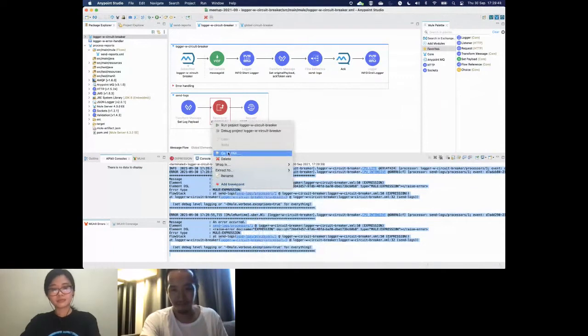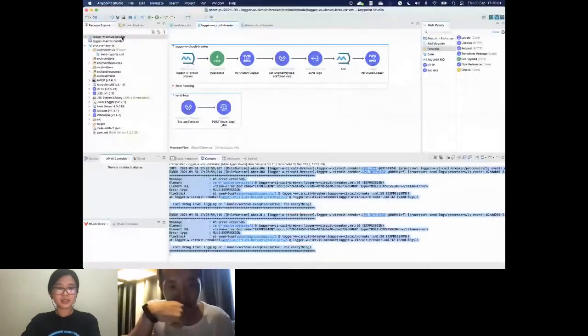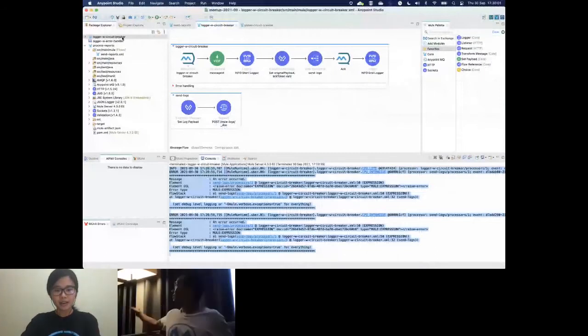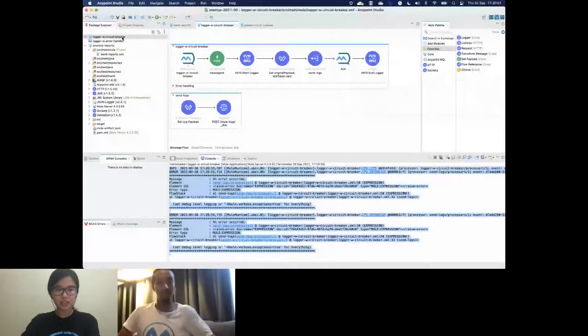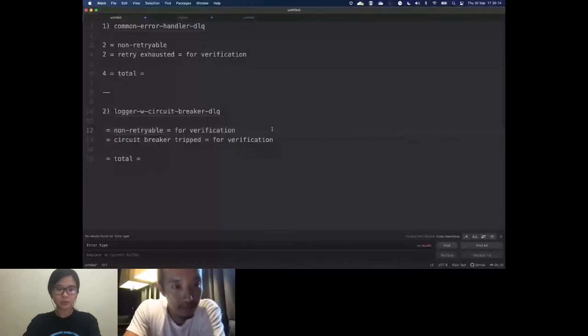And in this case, my Elastic server should still be down. Let's run it. So we have 4 Mule expression messages, which should be sent to the DL queue. So let's just note that here.